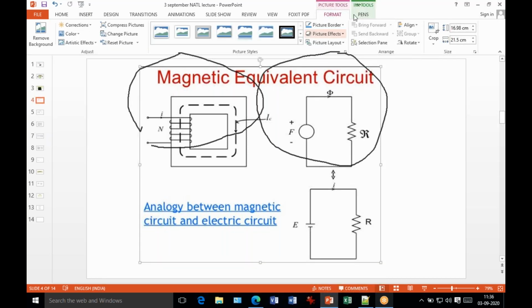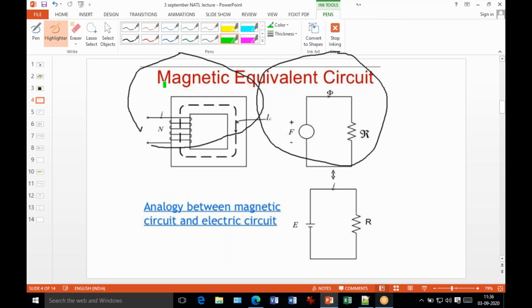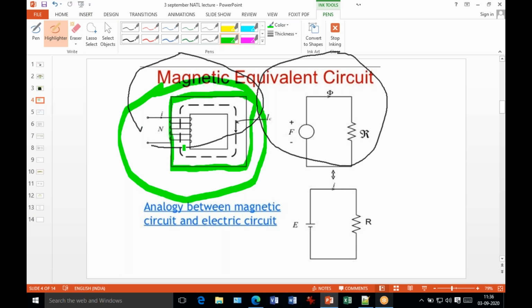Suppose on this side, this is the magnetic circuit. Here two windings are there. This is the outer side, and this is the inner side. These two boundaries are known as the core. It is like a core material. The material is a magnetic material, but what the magnetic material types are is not our agenda.